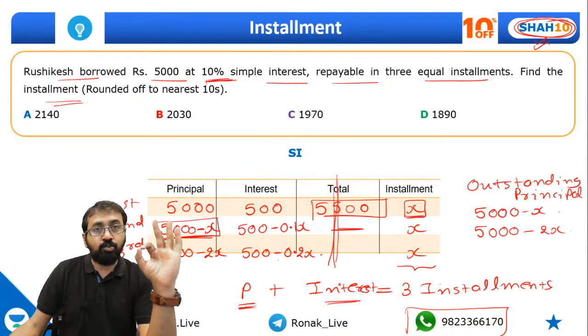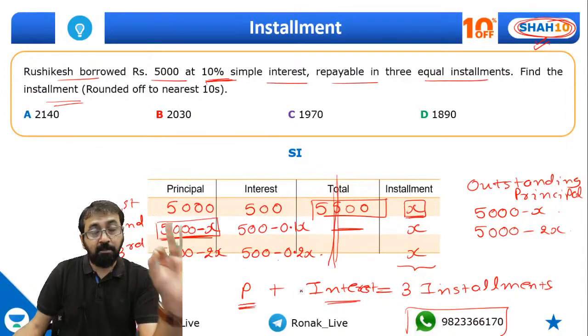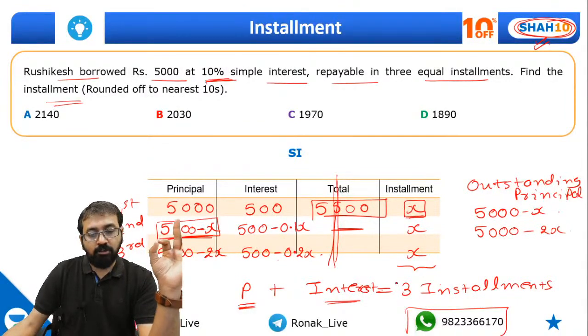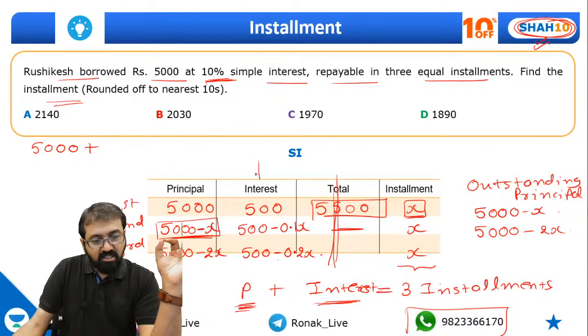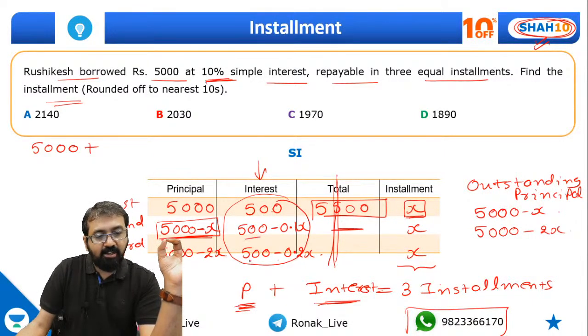Now guys, once again, in case of simple interest installments, whatever installments we have paid, that installment clears this interest and the principal. So what was my principal? 5,000 rupees plus what is the interest that is accumulated. So this is the total interest. We need to add these things. So 5,000 plus 500 plus 500, that is 6,000,